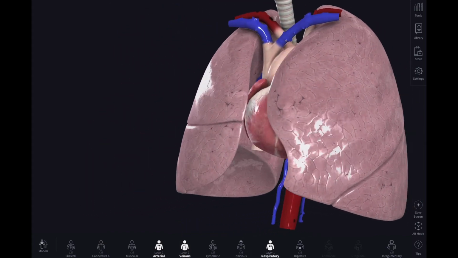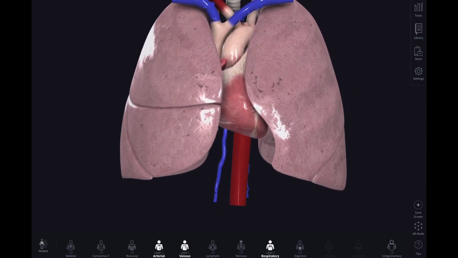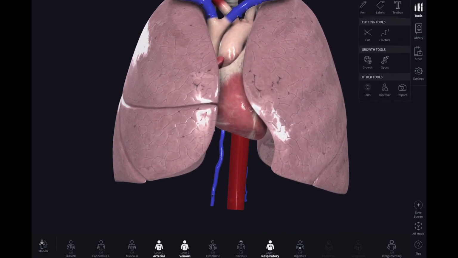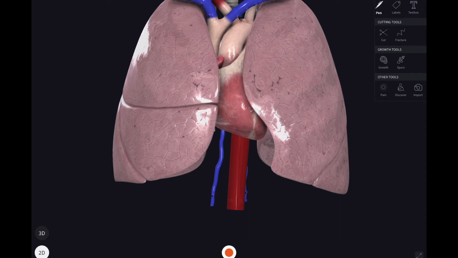Let's see some more. You'll notice that the left lung over here, when I get this pin back out, has this notch in it. This is your cardiac notch in that lung, and it's really just giving you space for that heart to fully expand. Something else to note while we're here is the left lung has 2 lobes,